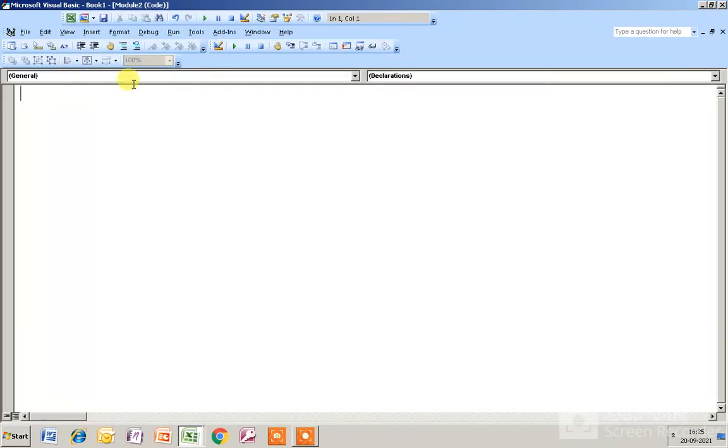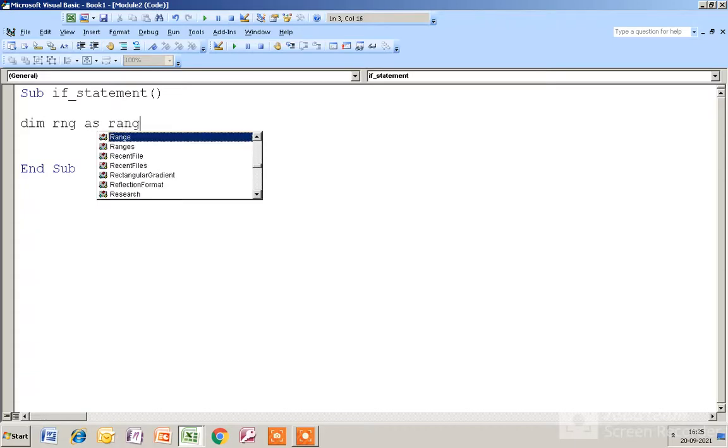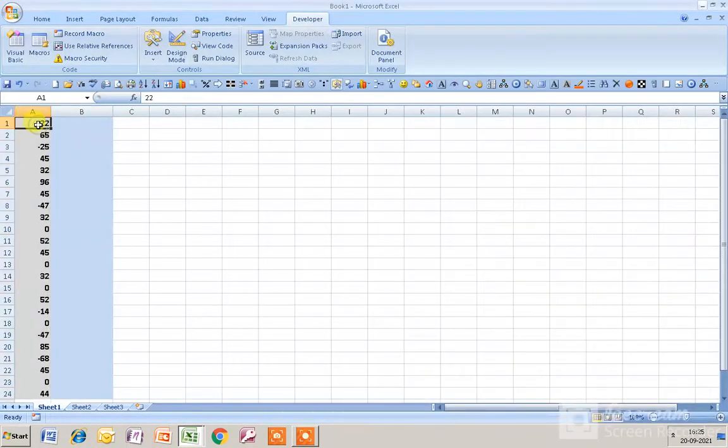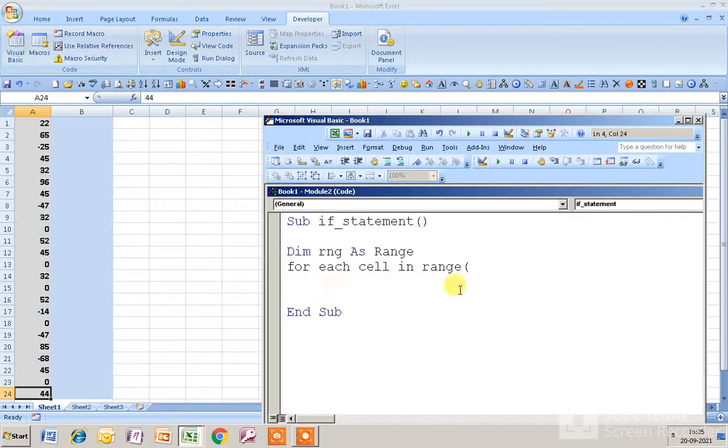I give the module the name Sub if statement, and then I have to declare the variable, that is div rng as range, and then for each cell in range, the range starts from cell A1 to cell A24. Okay, so range A1 to A24.